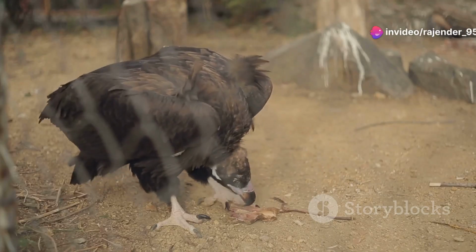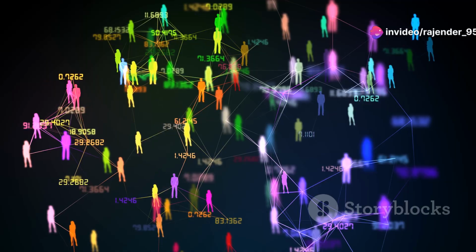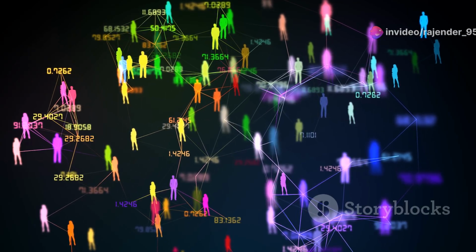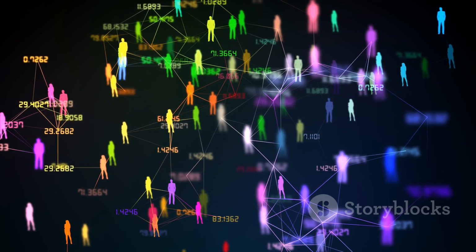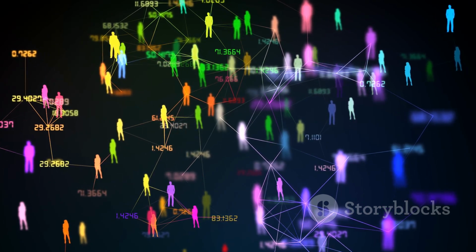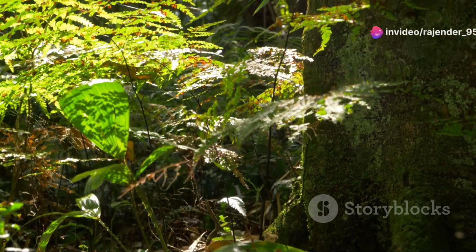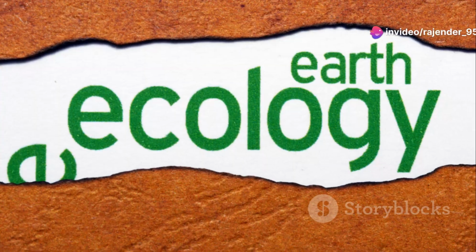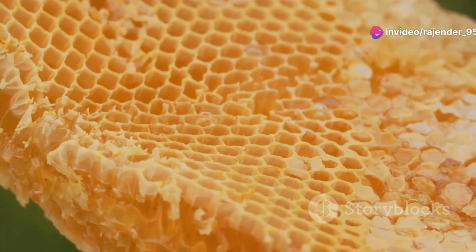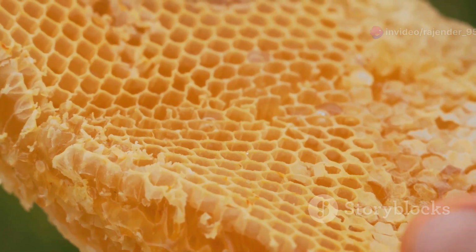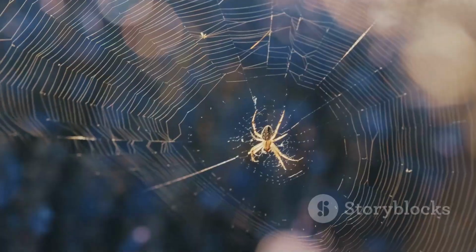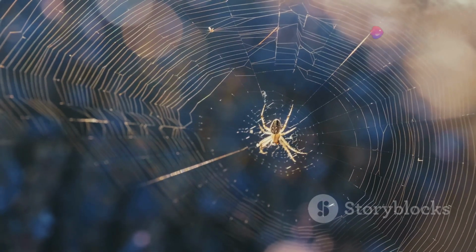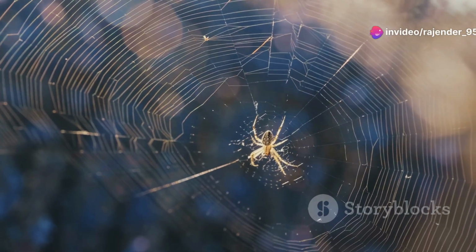Predators may lose a crucial food source, leading to population declines. Plants and smaller creatures may suddenly find themselves without a natural check on their numbers, leading to overpopulation and resource depletion. This is why preserving biodiversity is so important. Each species in an ecosystem has a job to do, a role to play in the grand scheme of things. Lose one, and the whole system can start to unravel. That's why understanding and preserving food webs is of paramount importance.